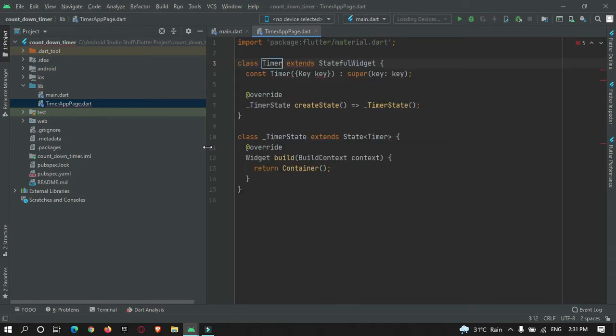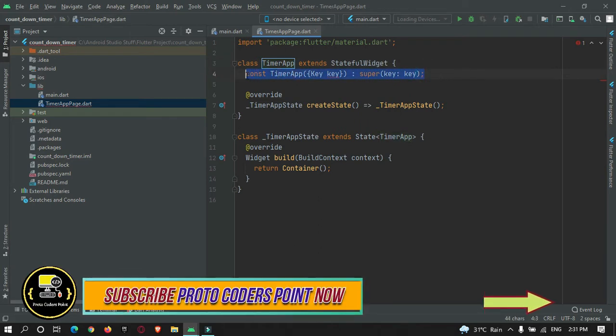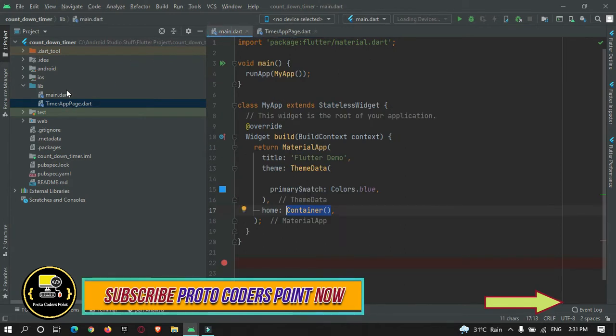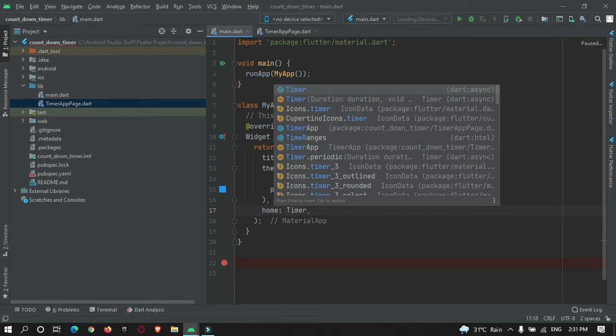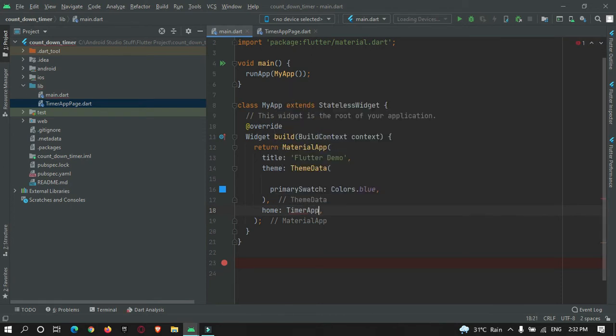I will name it TimerApp. Now I will call this page from the main.dart file in your home tag over here. Now whenever the application runs, the timer page will get executed first.